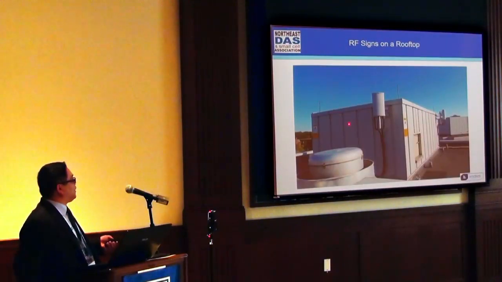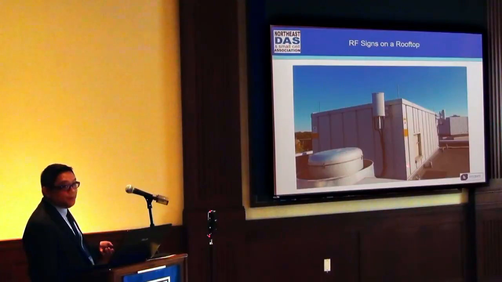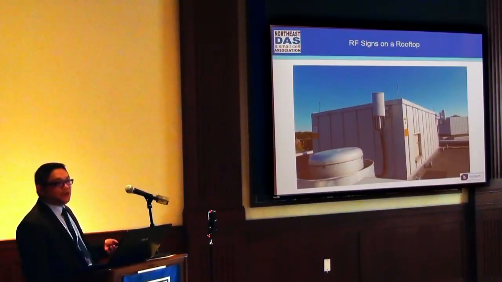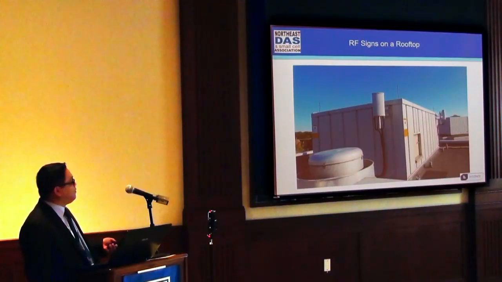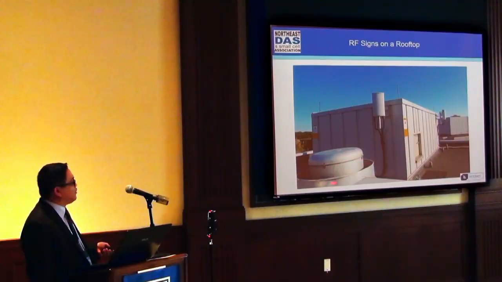This is an example of an outdoor small cell. They actually have multiple sectors. I understand it's on a roof. We do this, for example, for Walmarts. We have deployed a couple of these where it's a small cell. They actually put in 3 sectors. It's low level, right? But you see, we still put signs close to the antenna. And again, the reason for that is if somebody's working on this air conditioning unit, they need to know that there is RF that's actually close to the antenna, I mean, to the areas where they're going to work.